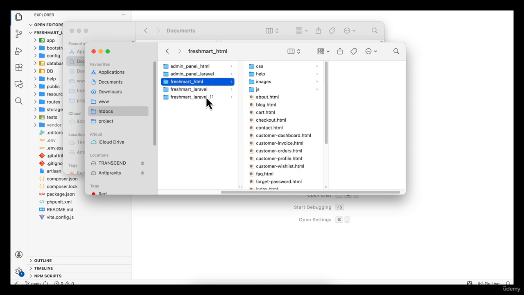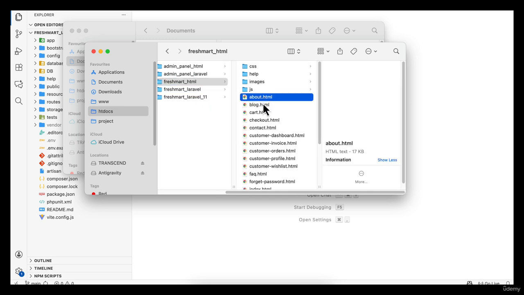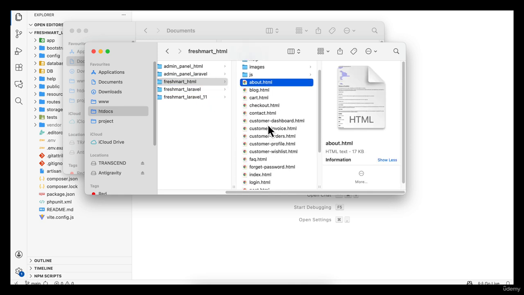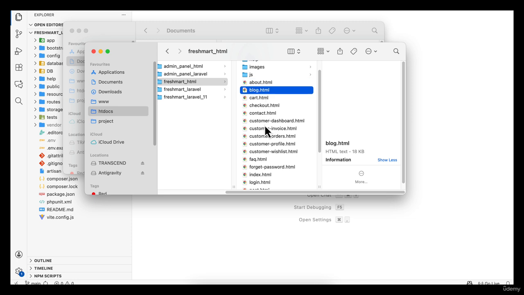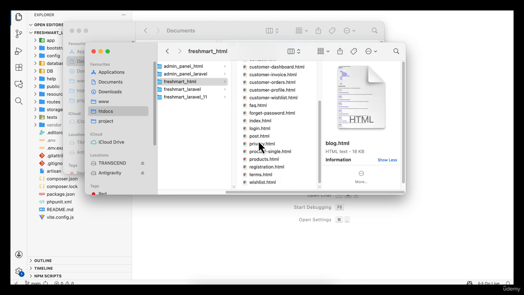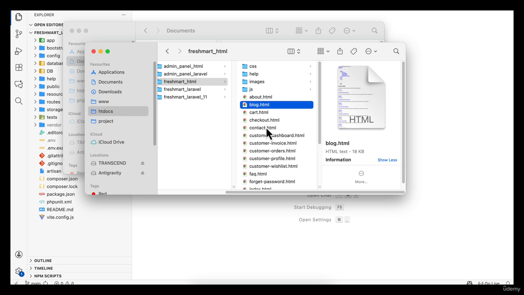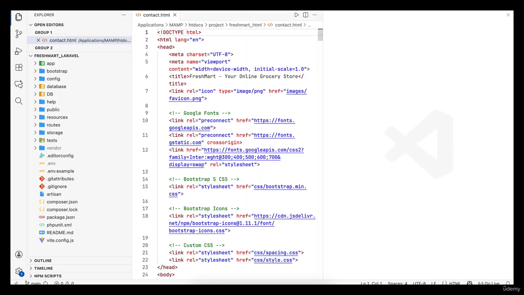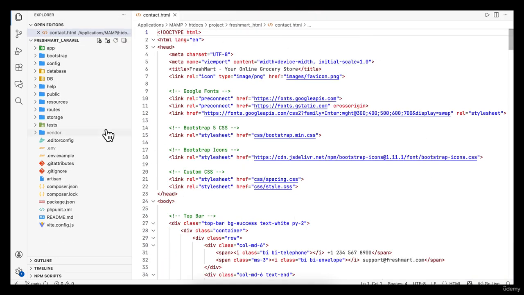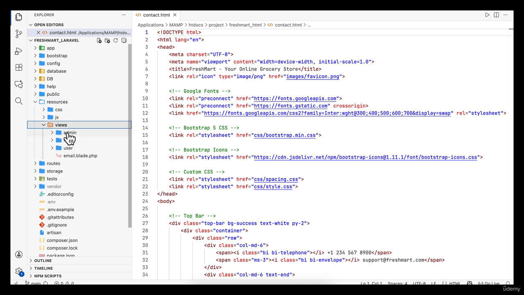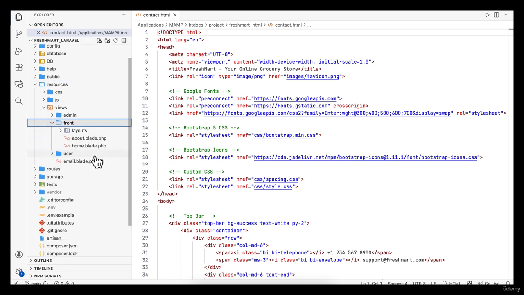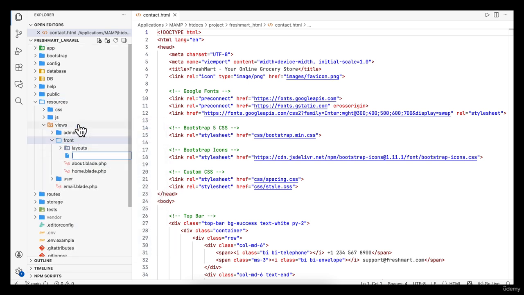So I am going to open like this. Okay, so after the about, what I will do is, for example, the blog, cart, and there are many other pages. So let's work with the contact page now. So open the contact page HTML here, and now I am going to open my resource, and here you see front end, there is no contact page. So here I create